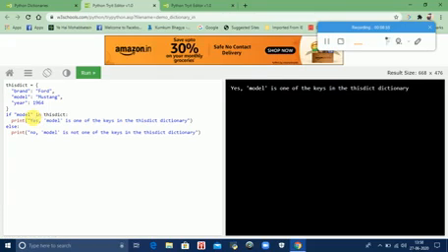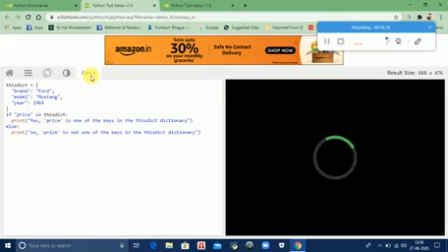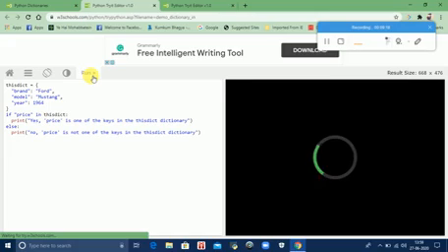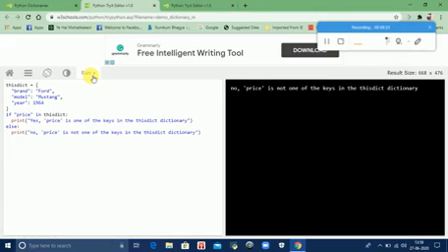Let's change our condition. Instead of model, let's write price, whether the price is given in the dictionary or not. So let's run this program. What did we check? Price is in the dictionary. Our dictionary is this, and there is nothing like price in it. So what will the output be? Print no, price is not one of the keys in the dictionary. So the answer is no, price is not one of the keys in the dictionary. OK,